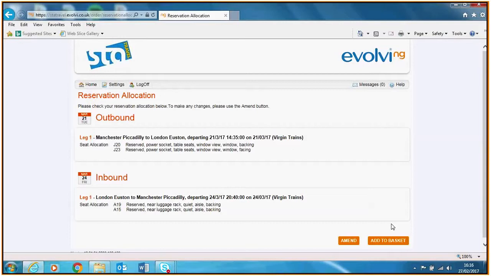So you can see that the system has best matched us to these particular seats. Again, power sockets, table seat, window view, next to one another has all been selected. If for any reason you're not happy with what the system's selected, you can click on amend. It takes you back to the previous page where you can reconfigure your selection, and then you would click reserve again and it'll bring you back to some new options here. In this instance, let's say we're happy with what we've got. We click on to add to basket,